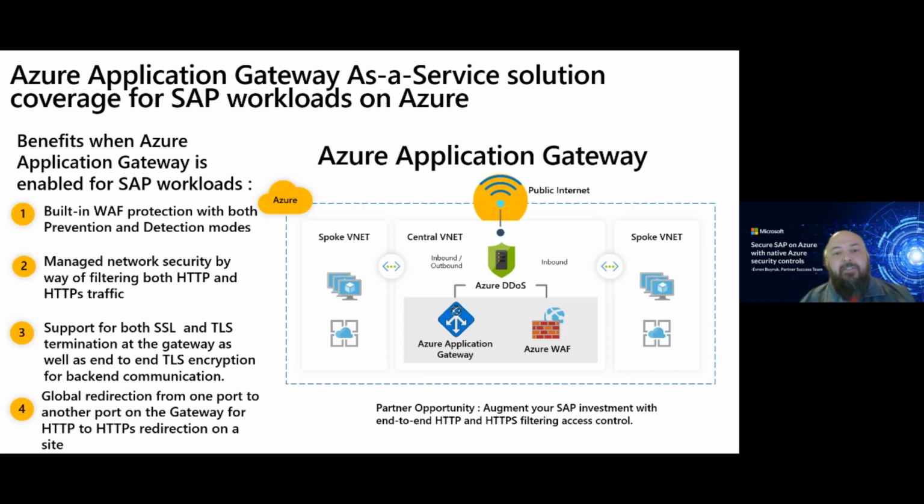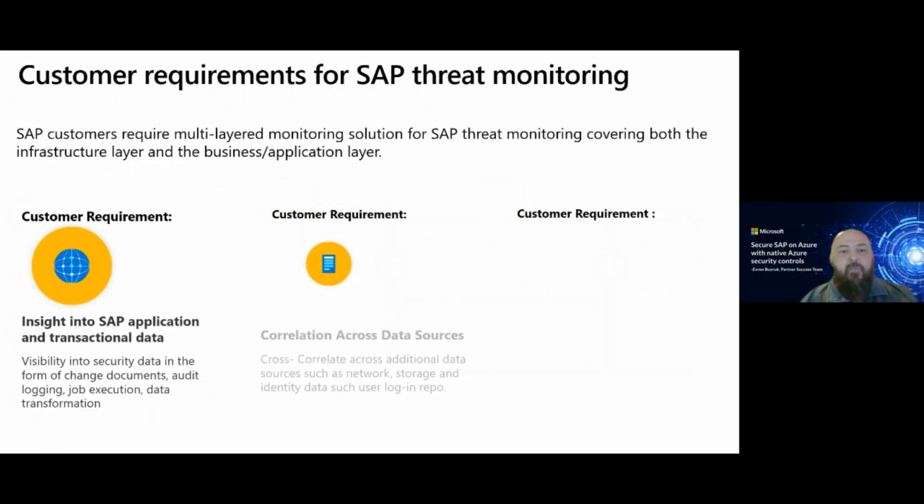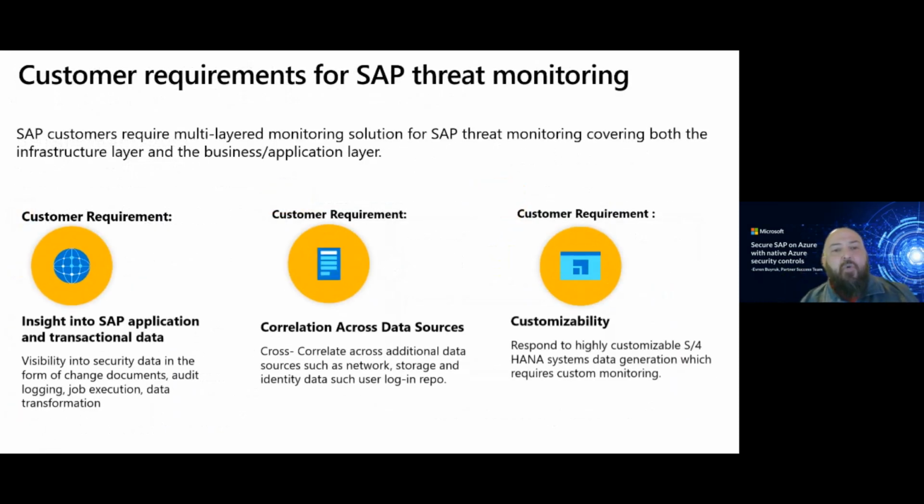Then, speaking about monitoring, I need to switch to another important area, which is the customer requirements for SAP Threat Monitoring. The reason why this is important is that today, SAP customers really require a multi-layered monitoring solution for SAP Threat Monitoring, which covers both the infrastructure layer and the business application layer. Previously, this was not available. So customers were not necessarily using Azure functions and tools, but now this is available. It is providing